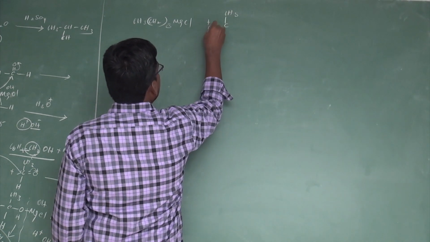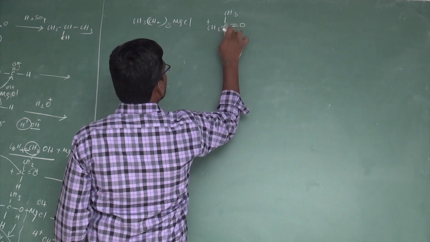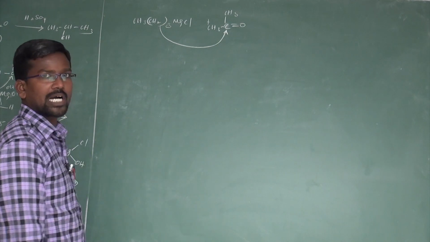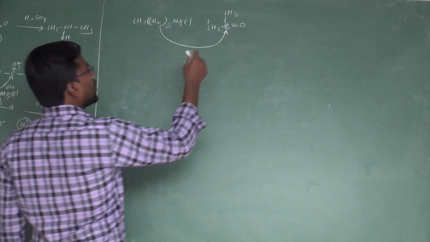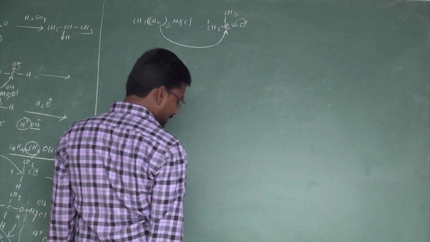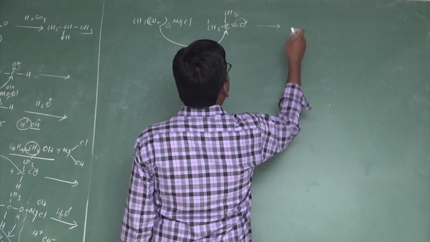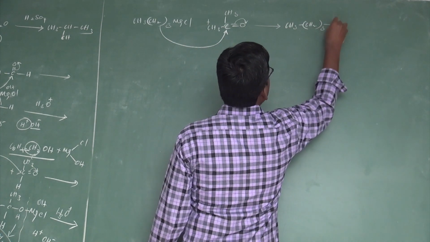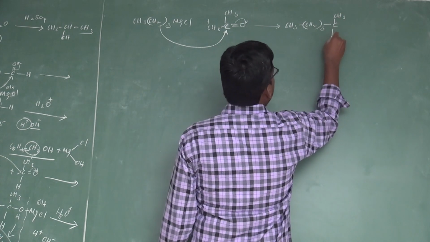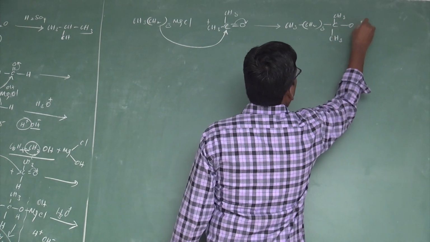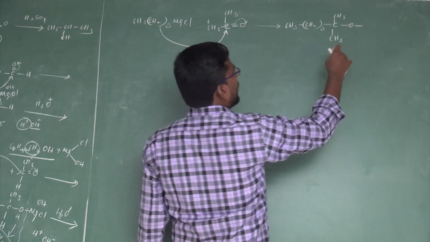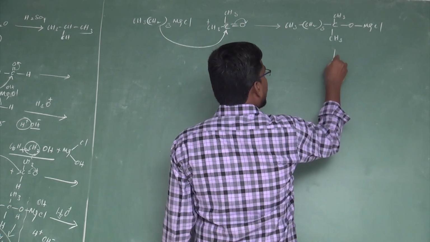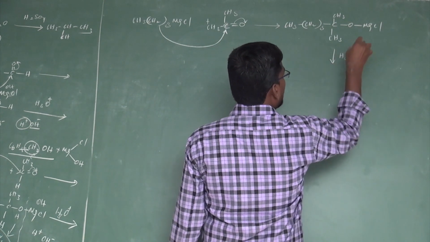CH3, C, and then CH3 double bond O, acetone. The methylene carbon attacks the electron deficient carbonyl carbon atom. Carbon oxygen bond breaks. Both lone pair of electrons move towards the oxygen side to give the adduct. CH3, CH2 thrice, C, CH3, then CH3 bond O minus. The O minus can combine with magnesium chloride. It is the adduct.